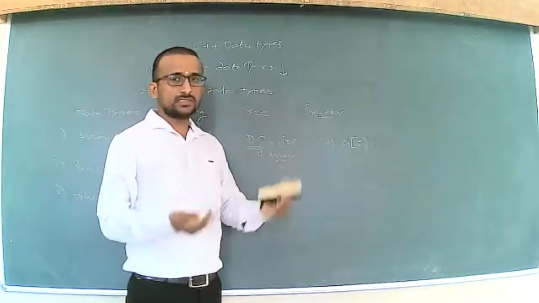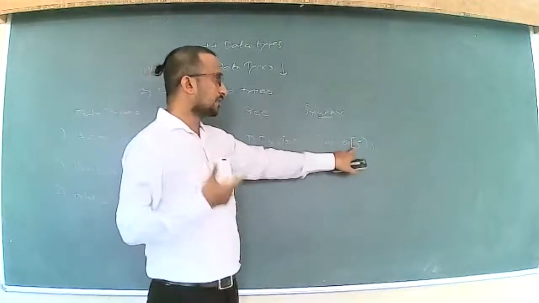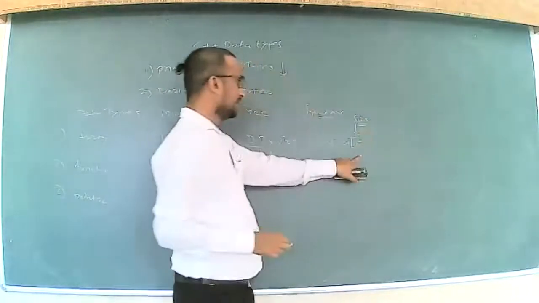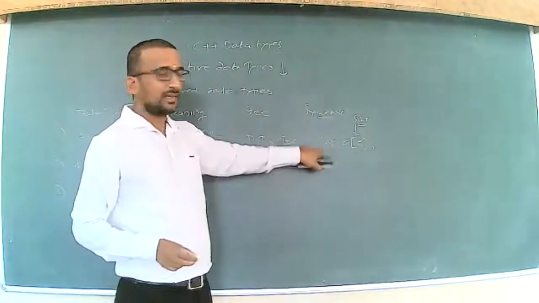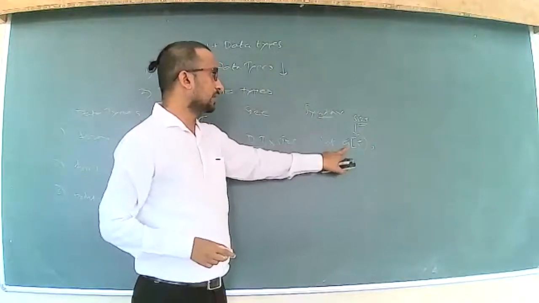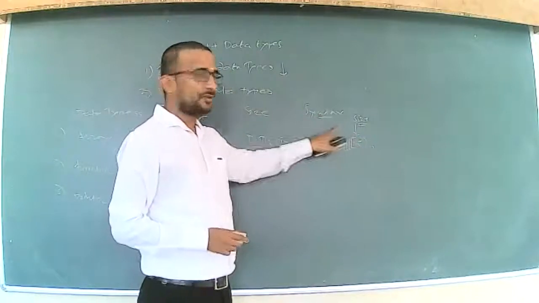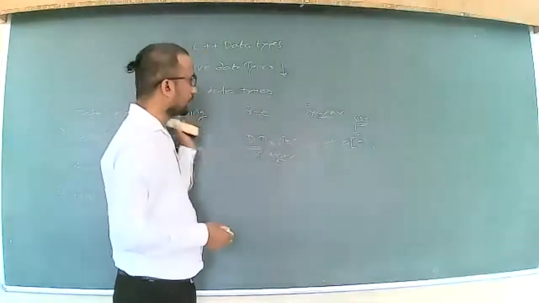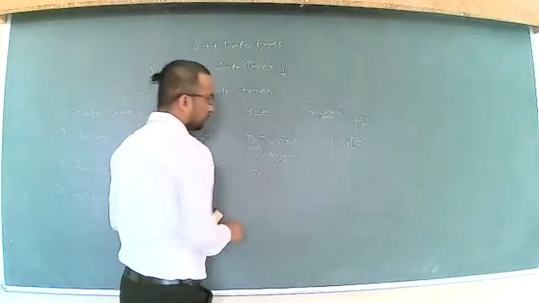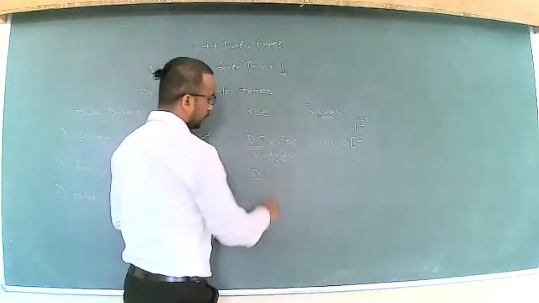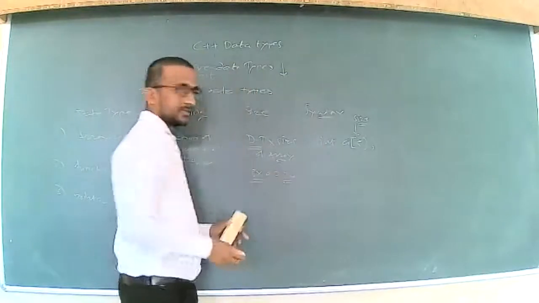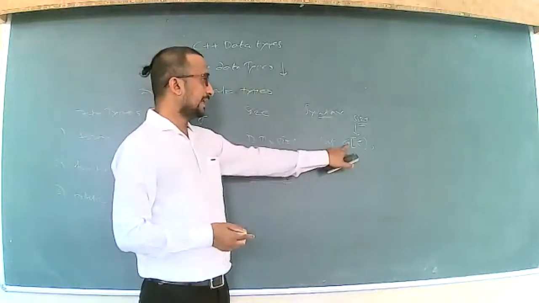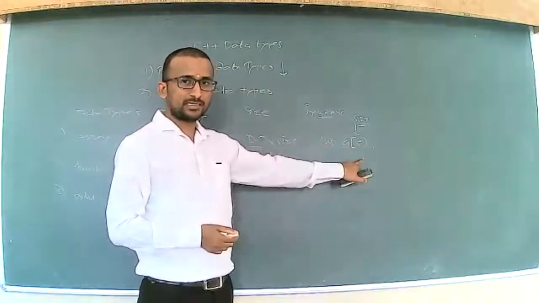So we have just defined the array of size 5. This is nothing but the size of our array, right? And which is of type integer, meaning this array A will store 5 values of type integer. Of type integer means what will be the actual size of your array? 5 into 4, that is 20 bytes, right? The total 20 bytes of memory will be allocated for this integer array A of size 5, right?